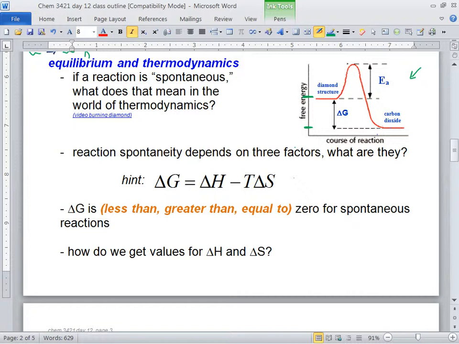Why does it take so long? It takes so long because of this huge thing, and I can't really draw it to scale because I didn't want to use up the whole paper. What's EA? Activation energy, the energy barrier, the energy that those reactants need to have in order to get converted to products. Yeah, products is at a lower energy, but how are you going to get there? You have to overcome this energy of activation. It takes a long time, unless you use a hydrogen torch, and you can overcome it. Let's see if